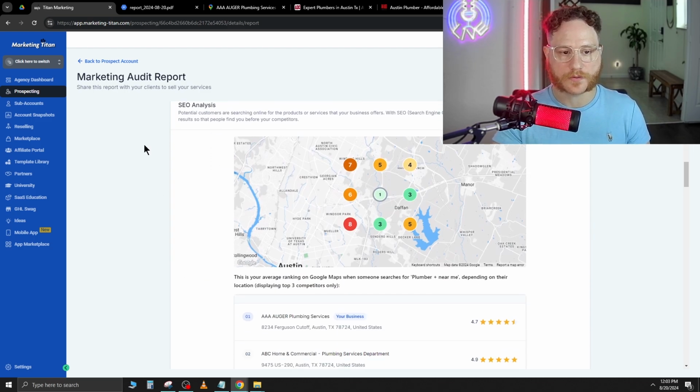Now, as we scroll down, we'll see SEO analysis. Now, this shows how often they're popping up in certain locations over Austin. So as you can see in the top left and bottom left, they have a 7 and 8, which is not good. Now, if you do SEO services for them, these are all gonna be 1, right? So that's gonna get them listed in certain areas multiple times in different listings. So that's gonna populate this more often, and that's gonna get them to the top of the list when people